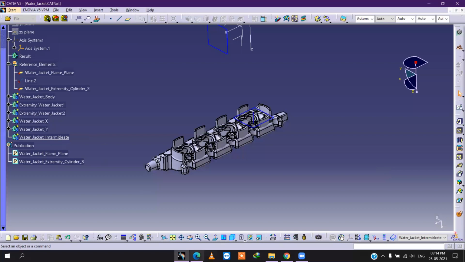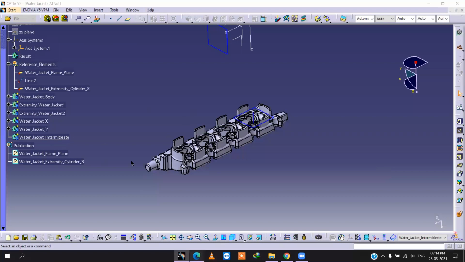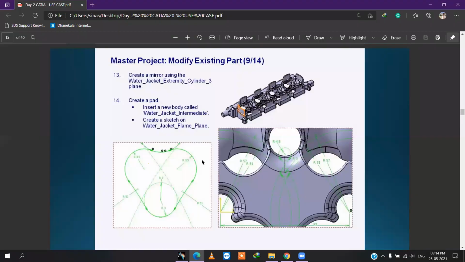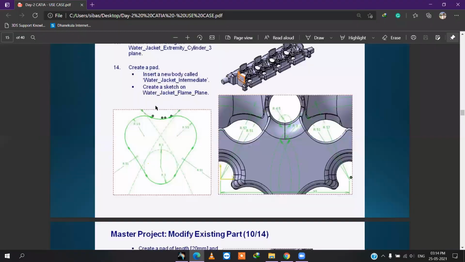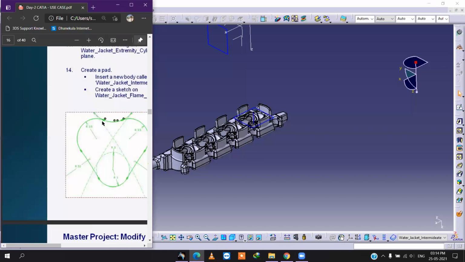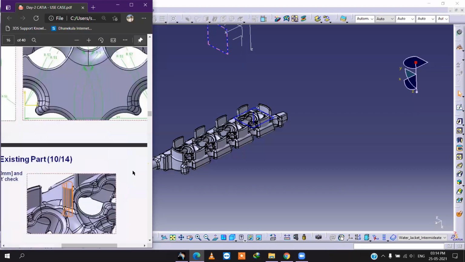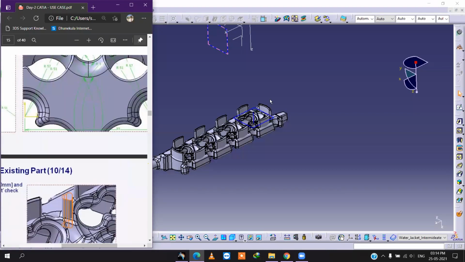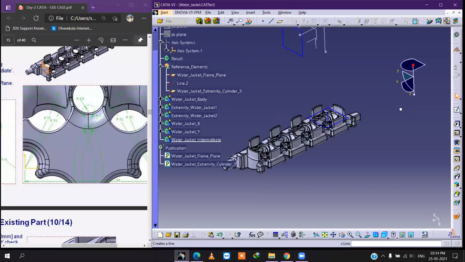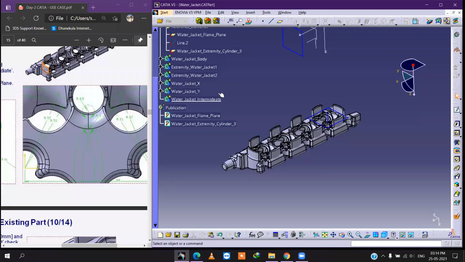Inside this one, now we have to create this sketch. This is somewhat complicated. On the same plane, water jacket frame plane. Let's select water jacket frame plane.